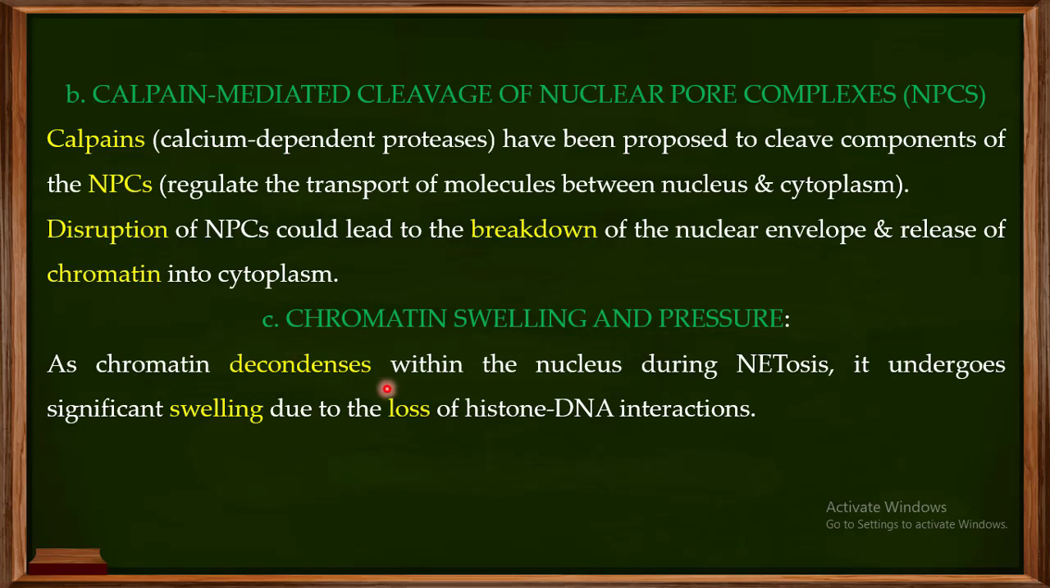Now, as the chromatin decondenses within the nucleus during NETosis, it undergoes significant swelling due to the loss of the histone-DNA interactions. Now, keep in mind one thing: the DNA has been condensed to an extent that it can easily fit into the nucleus of the cell, and the nucleus occupies a very small portion of the cell. Once the histones are gone, the chromatin will be in a loose form, and that is going to exert pressure on the nuclear membrane, and when that pressure is exerted, that actually leads to the